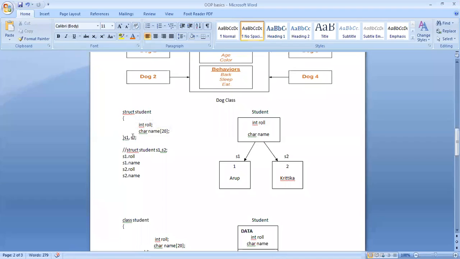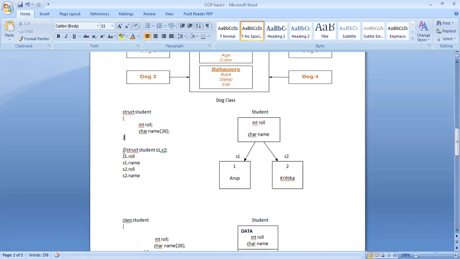Either you can give it this way, S1 comma S2. So this determines two different students. One is S1 and one is S2. So these are the structure variables. And another way is to design it this way. You can either directly declare your structure variables with the structure itself, or you can omit this from here, give a semicolon, and your structure ends.